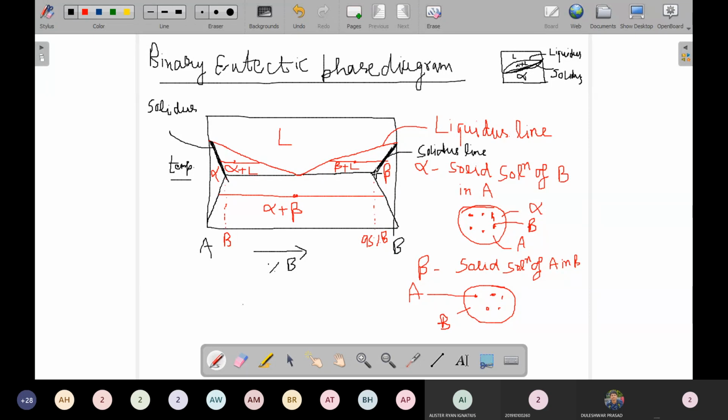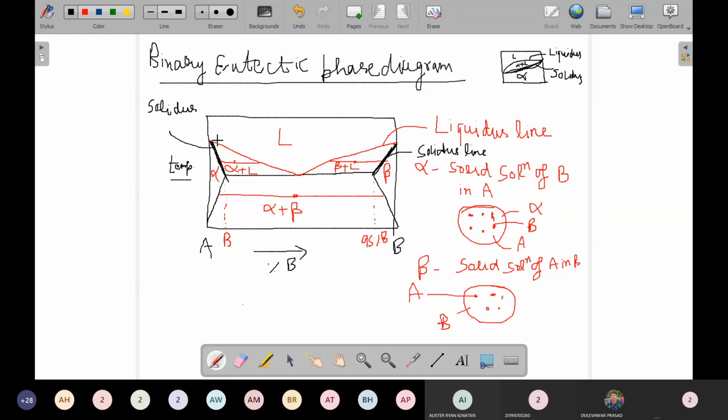If you remember the very basic definition of the solidus line, then you will not be confused. If you want to predict the solidus line, you simply think, what is the solidus line? The solidus line is the line which separates the solid region from the solid plus liquid region. So here you can see this line separates a solid region from a solid and liquid region. This line also separates one solid region from another solid and liquid region, so this line is also known as the solidus line. And this is our liquidus line. This whole line is our liquidus line.